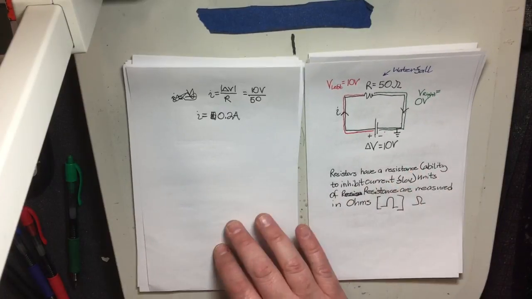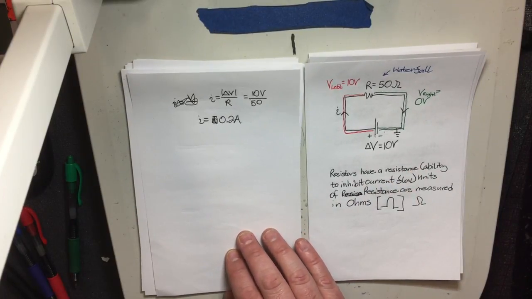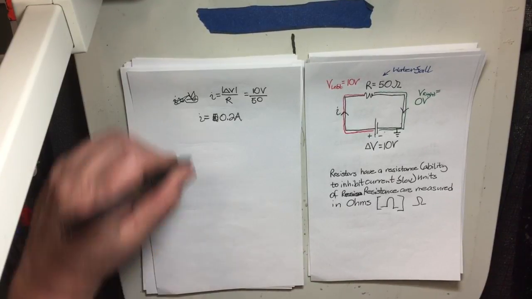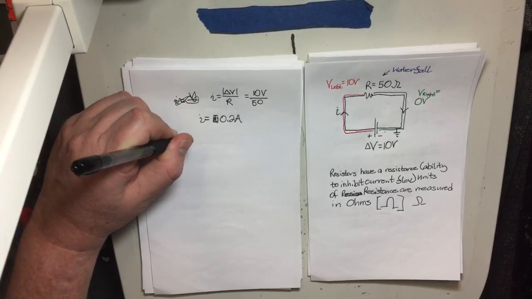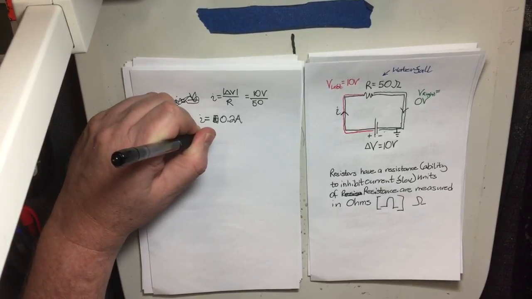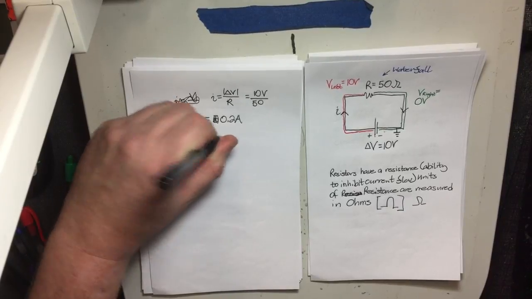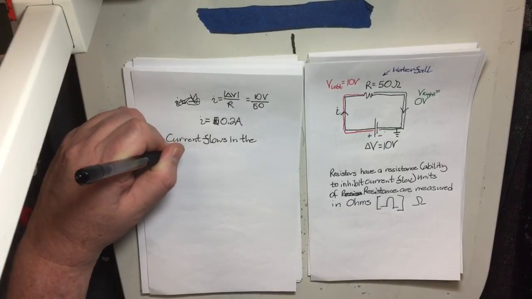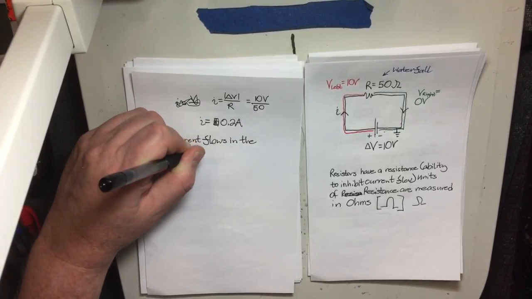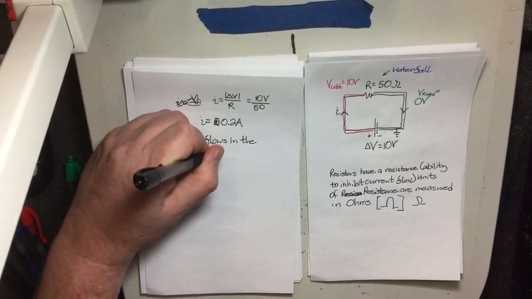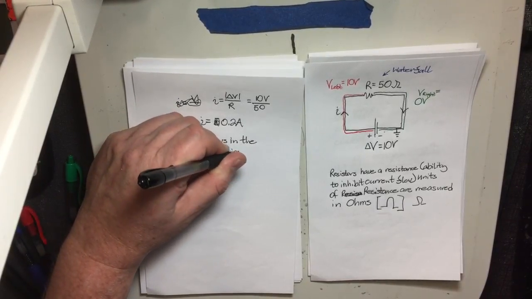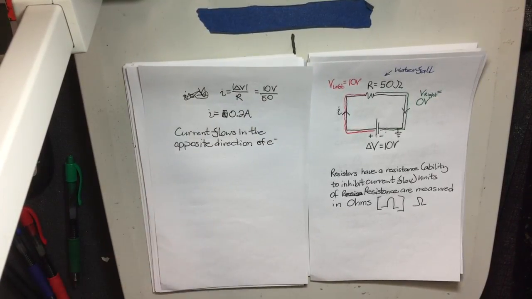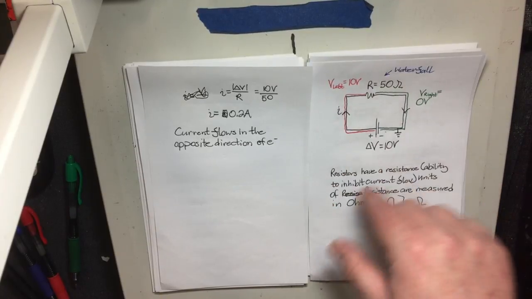I really need to read up on why we haven't made the decision to make this change. Current flows in the opposite direction of the electrons. So in this case, the current is flowing clockwise,